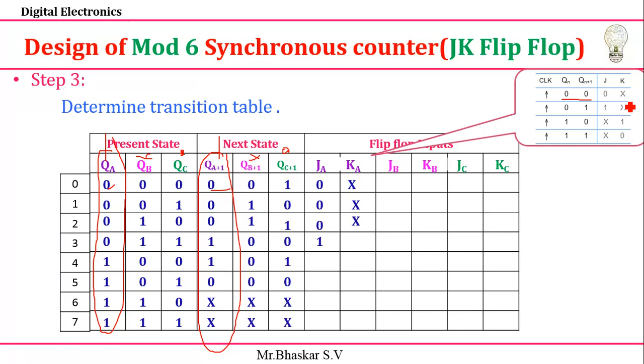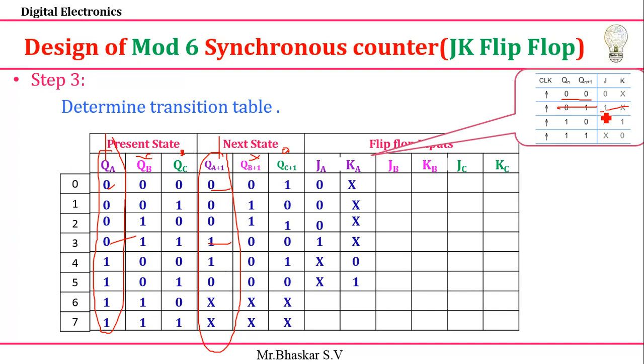Next, now you can see here 0 1 is there. What is the value for 0 1? I'll get 1x. You can fill in the value 1x. Similarly, 1 1 is there, you just need to fill in the value x0. Next, 1 0 is there, and 1 0 is x1.